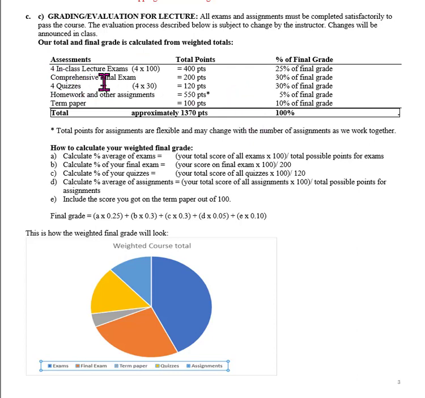This is our grading or evaluation rule for this course. There are 4 in-class lecture exams. Each is worth 100 points. So there are a total of 400 points there. The comprehensive final exam is 200 points. There are 4 quizzes. Each is worth 30 points, so a total of 120 points there. Then you have other homework assignments,